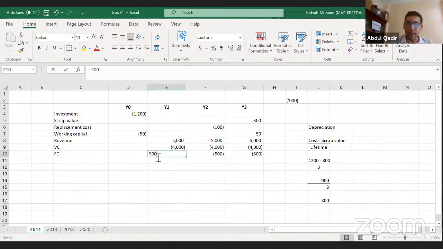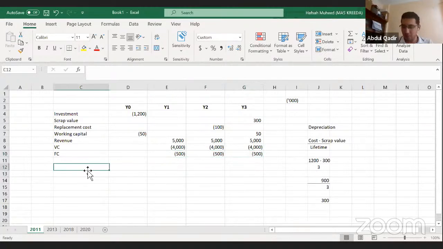So if you put minus 800 here, you're taking depreciation. That means you're deducting depreciation as a cost. So you need to remove that, which is why we take minus 500. We're removing the depreciation part. So that is why you put minus 500, right? So I hope that's clear. If there are any questions, please ask or let me know.